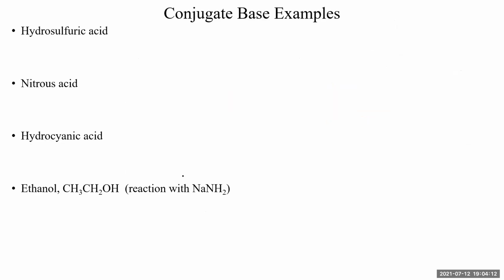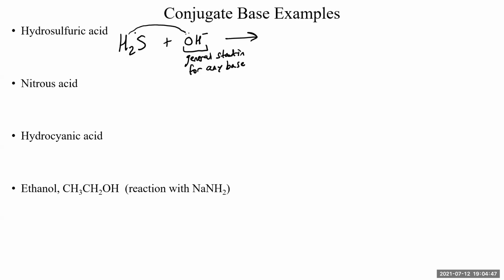Okay, how about conjugate base examples? So how about hydrosulfuric acid, H2S? Let's say there's some sort of hydroxide ion. We'll use hydroxide ion as our general stand-in for any base at all. Just to represent bases, we'll say hydroxide ion is the base, right? So what happens? Well, the hydroxide ion, being a base, will take one of the protons away from hydrosulfuric acid. So we start off with an acid, and then we end up with